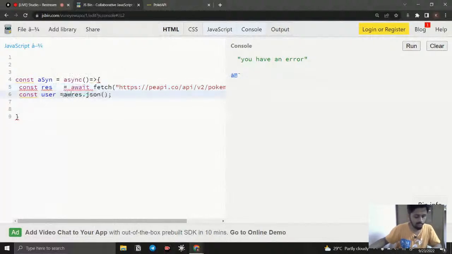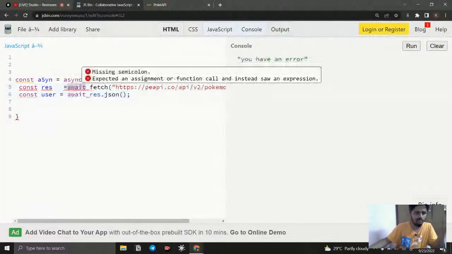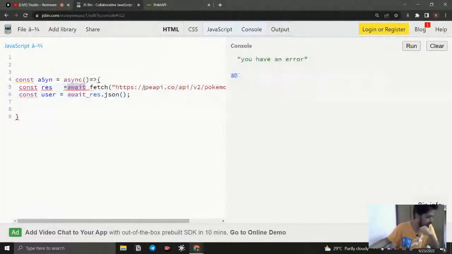This is also a time consuming process, so you need to use the await. So here what you need to understand is, wherever you are using this await keyword, this await